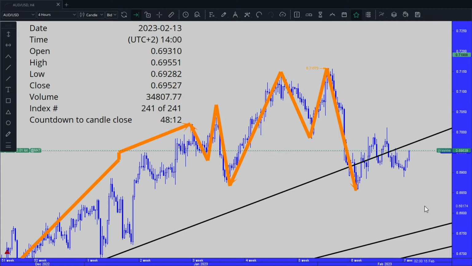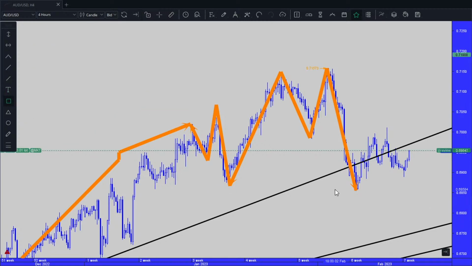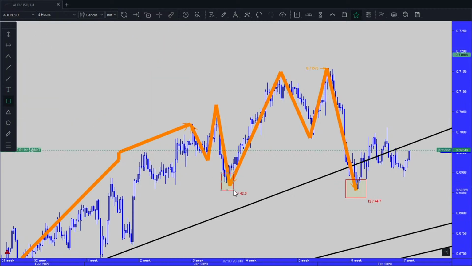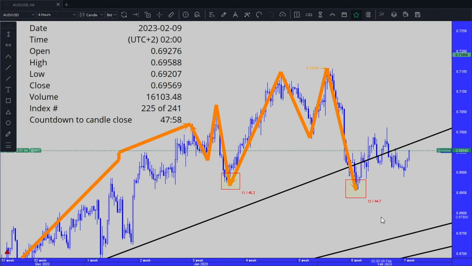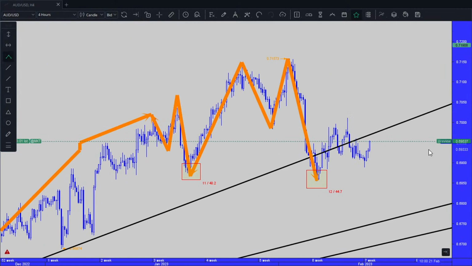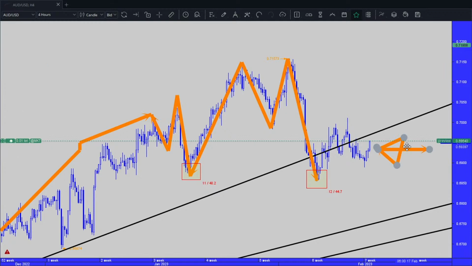Everybody? Are you still convinced? The market made the lower low. So this low, rectangle, it's lower than this low, right? Oh, but the market's moving up. Sure, the market's always moving, right? Remember, everybody, there is no right or wrong. You can win going long, you can win going short.